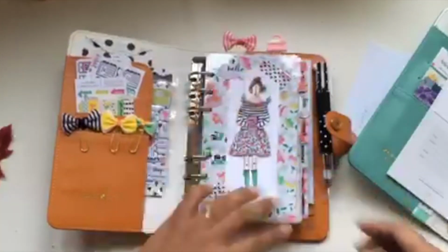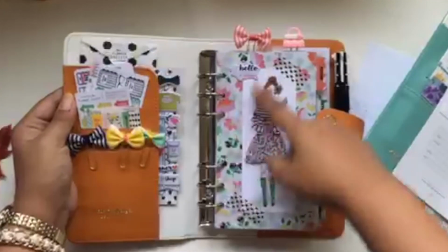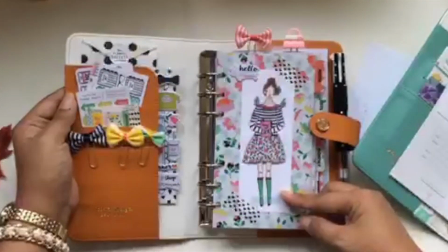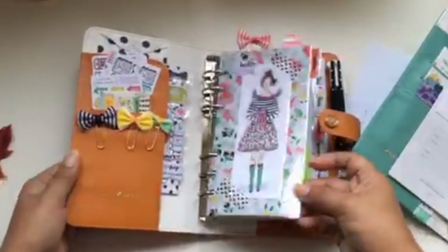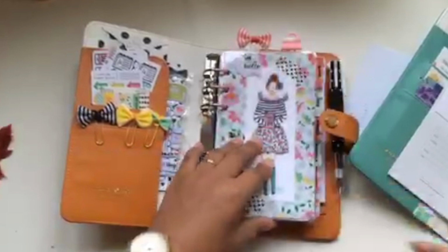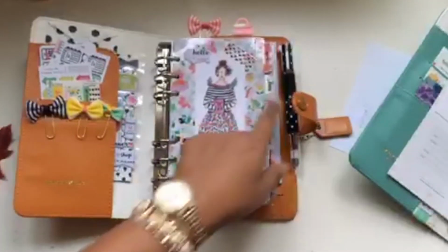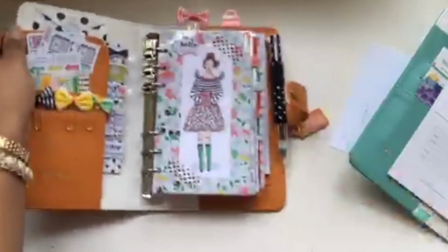And you can put this in the front, but I really like the cover that I made here. I just cut up that card that she included in the kit, and then laminated all these dividers. And then the tabs I actually made with the We Are Memory Keepers tab punch. I think I have a video on that on YouTube, so if you're interested in how I made these tabs,